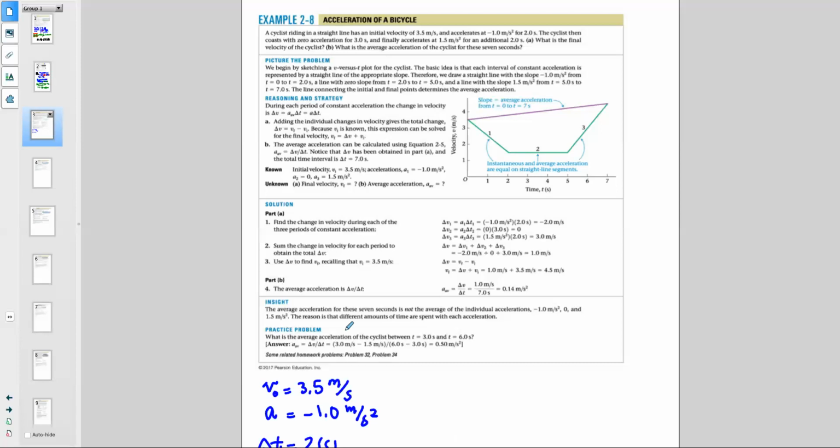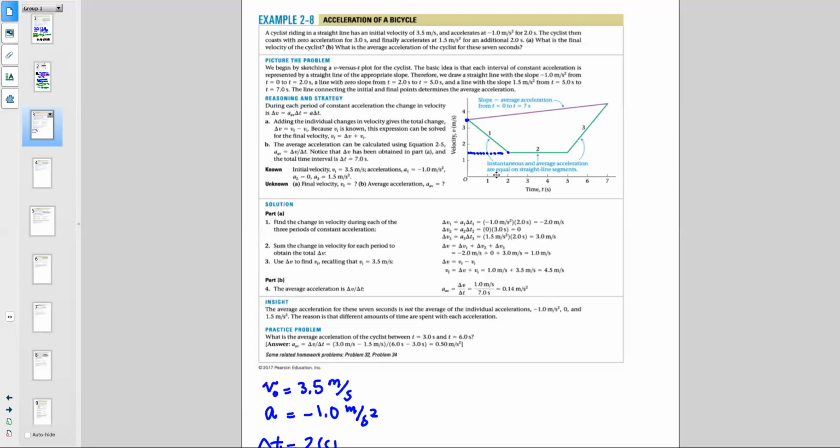The cyclist then continues. Let's take a look at this first. This is what we're talking about. We have a velocity versus time figure. It started at this point with 3.5 meters per second, and it went down to something we don't really know, what the velocity at this point is, but it took 2 seconds to do that with an acceleration of